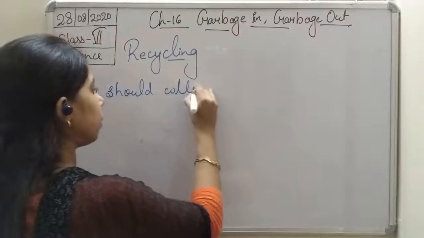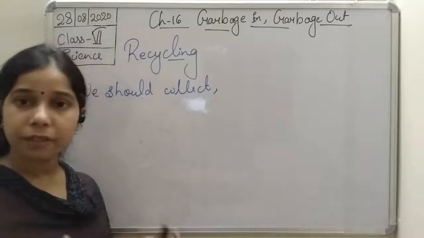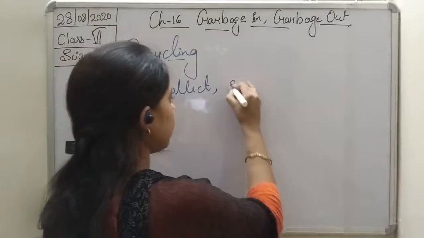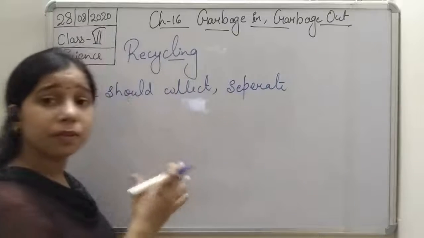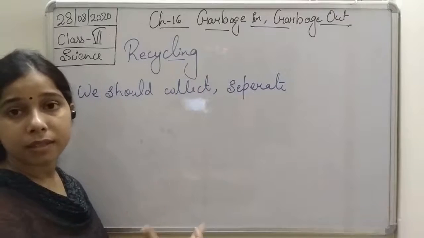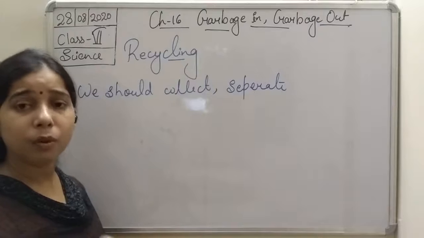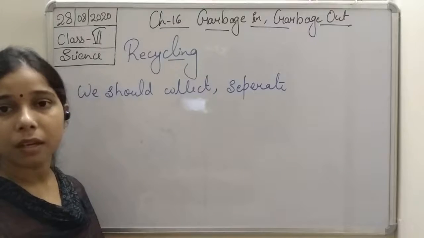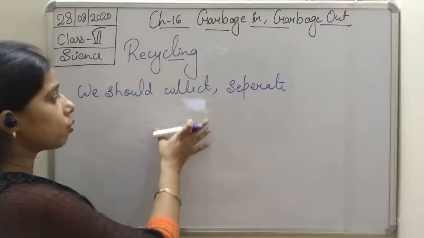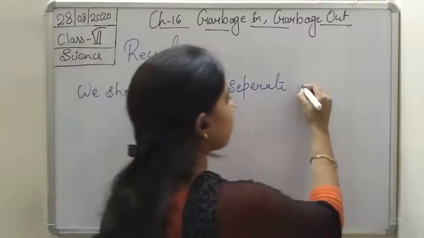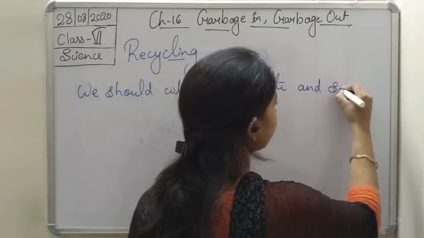First of all, we will collect the garbage, then separate it. How will we separate it, students? We will separate which is biodegradable and non-biodegradable, or which can be decomposed and which cannot be decomposed, or which can be recycled. So first of all, we should collect it, we should separate it and send